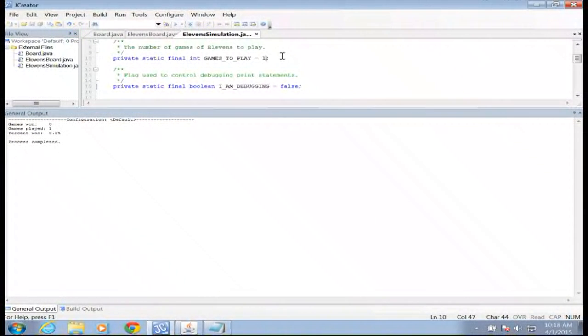What I could do is change this to 1,000 and see what happens when I run 1,000 games. And of course, the nice thing about a computer is that it can do this fairly fast. I've got a winning percentage of about 12.2. I can even up that to 10,000 and have it run 10,000 trials. And this time I wasn't as lucky. I only won